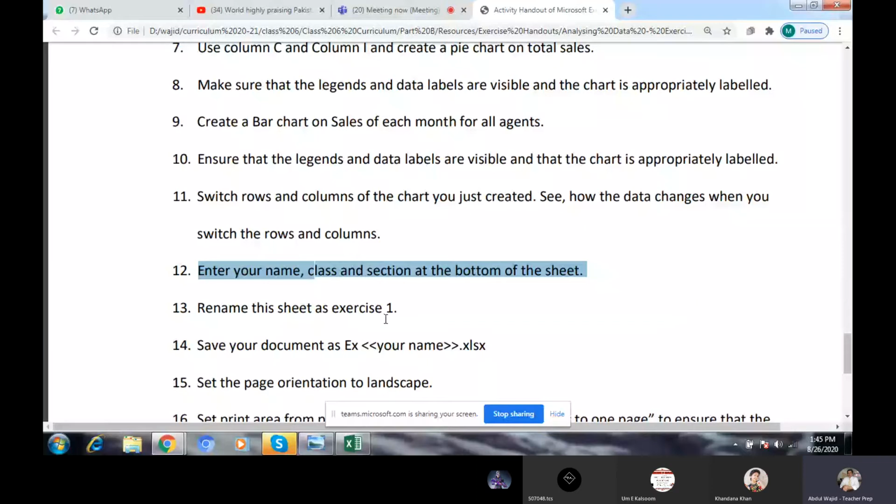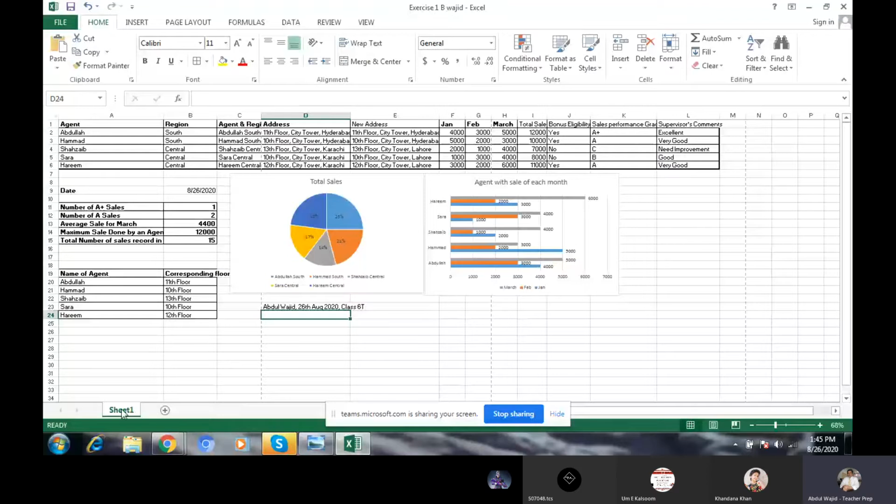Okay, you will click here, and this sheet you will rename. You will click the right button of the mouse or on the laptop, right button, and you will click on rename. Now we will write here exercise 1.